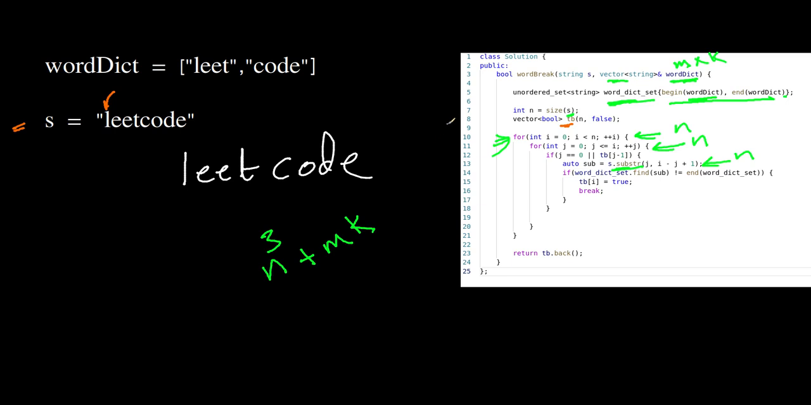Now for space complexity, we reserve this set to store the value, and also we have this db of size n, so it's big O of n plus